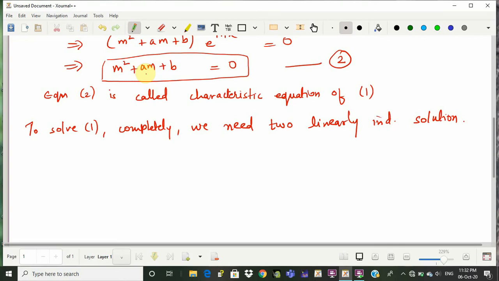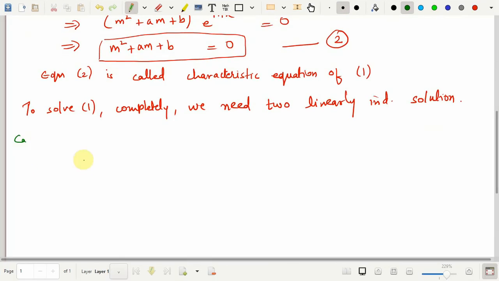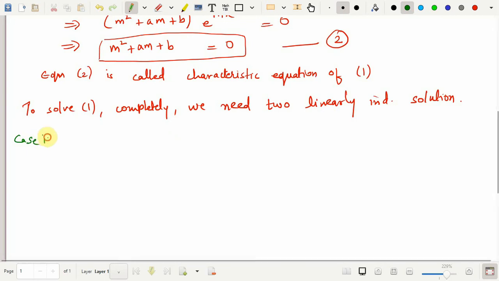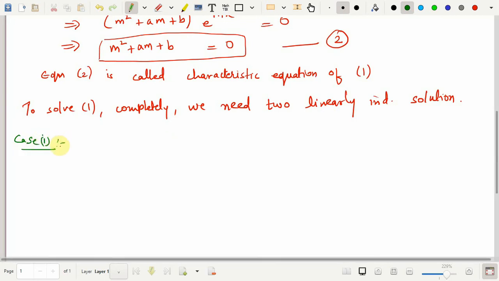So again, this can actually be categorized into the first case where the roots are distinct, but those are real roots which are distinct, and in this case we have complex roots which are distinct. So I would discuss this in 3 cases, giving the general solution in each case. Case 1,